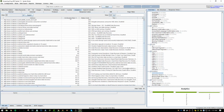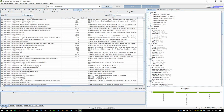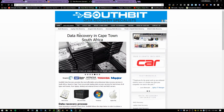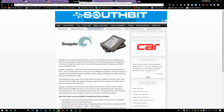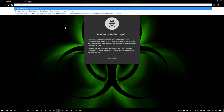Analytics looks like we can start looking at the bounce rates in a second, but let's keep looking at some of the other stuff. So the next thing that we want to look at is if we go into here, data recovery specialist, data recovery company in South Africa, and then if we cruise over to the next one, laptop data recovery. So yeah, this is really great topical seeding, and I'm sure you're probably getting results out of this. So if we type in Southbit Cape Town data recovery,